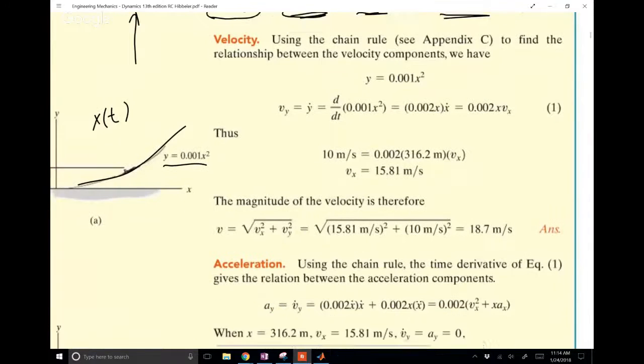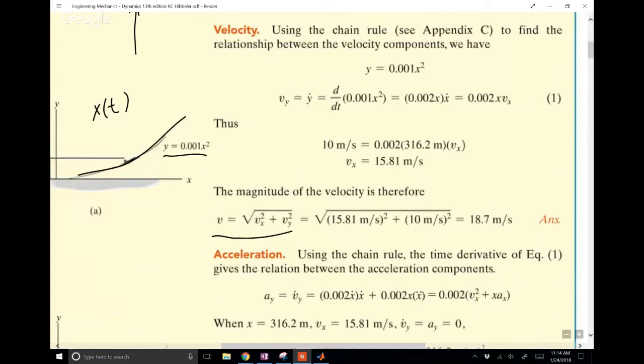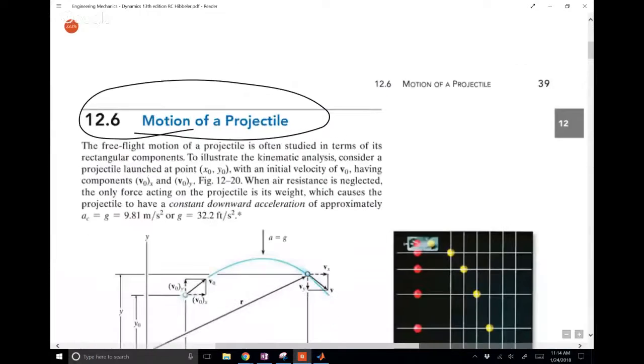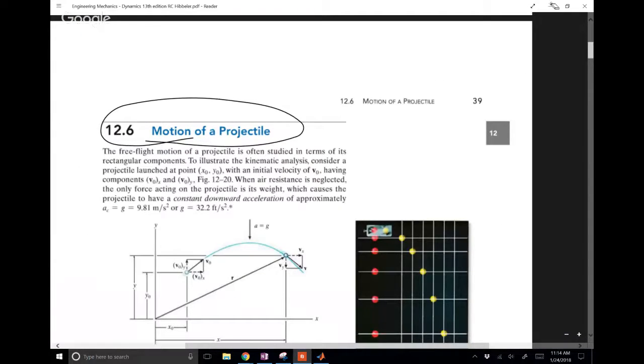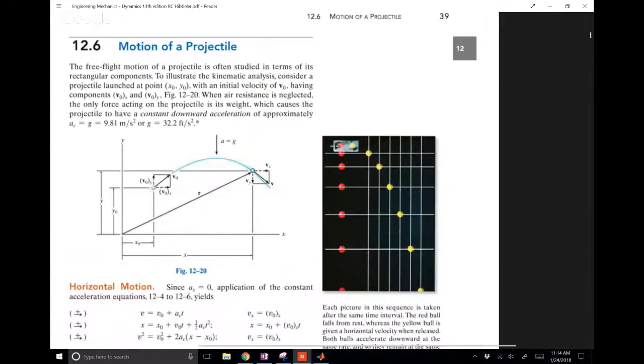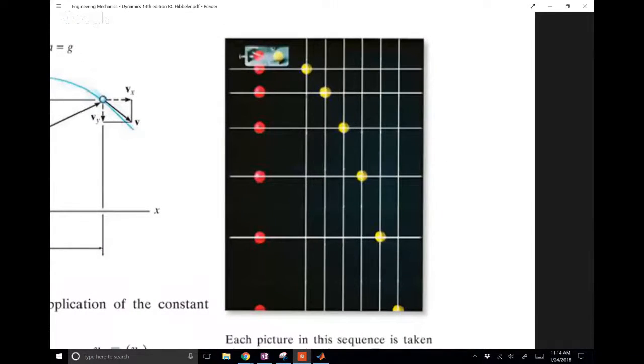And that's something you already know too. So all of this, there's not a whole lot to it, but this is where I wanted to get to, and luckily he broke it apart and dropped this right in there. So what happens on this, and this is a good picture of it. This is a picture taken where obviously the yellow ball is shoved to the right with a certain velocity. I don't know if the first snapshot and the second are any different, but what you notice here, each one of these